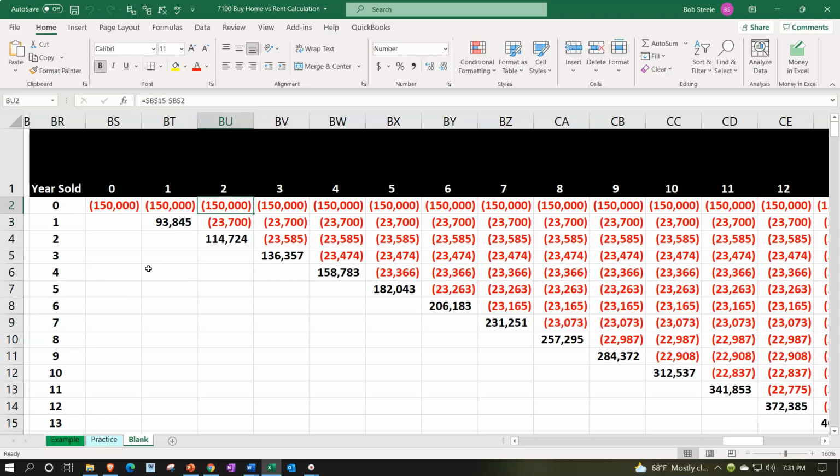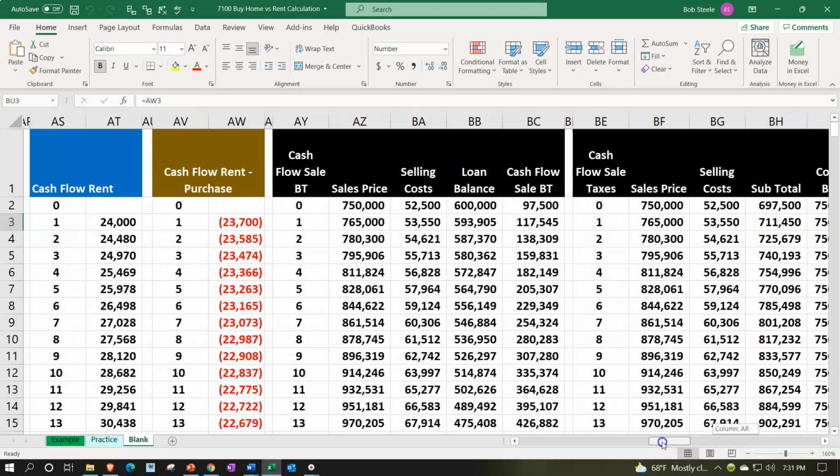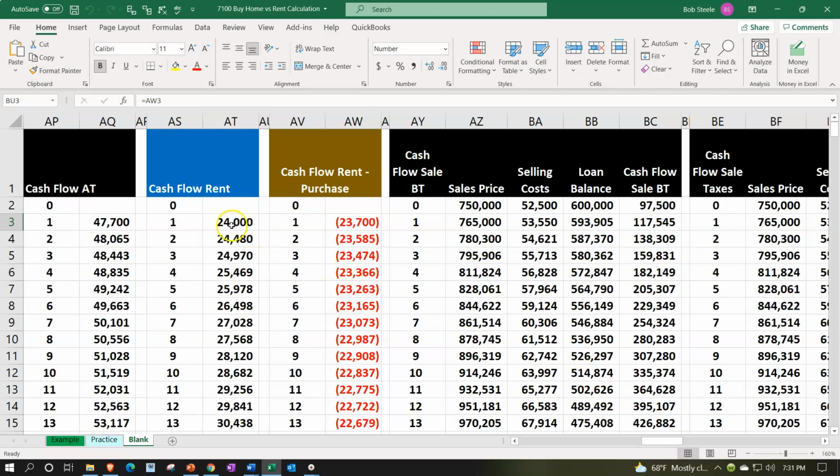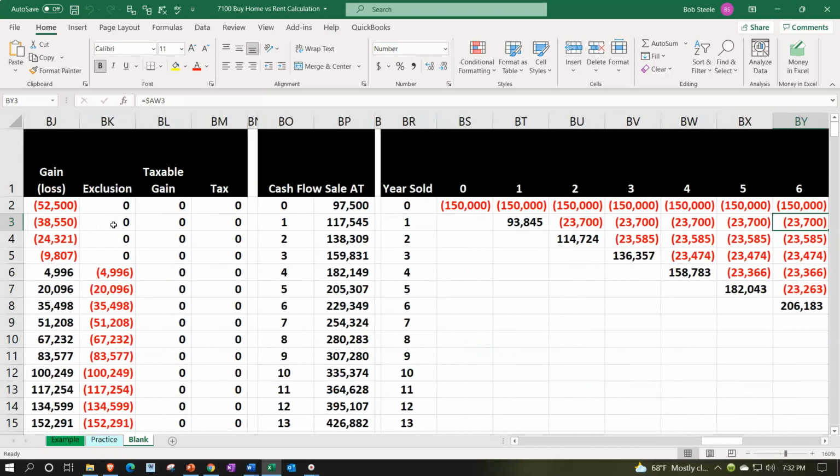If we sold the property in year 2, then we would have basically the net flow from the rent, meaning if we're thinking about going from a situation where we were renting, spending $24,000, and now we put 150 down and we're still paying more even after that in terms of the payment on the loan and so on, then we actually still have a net outflow from what we had before after the capital investment, after our cash down payment of the 23.7,